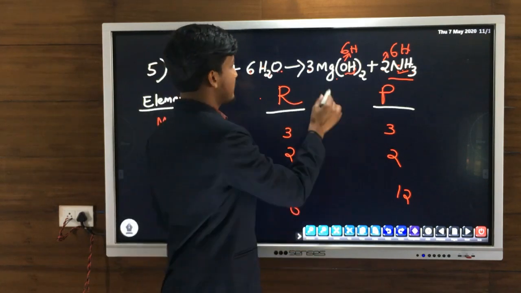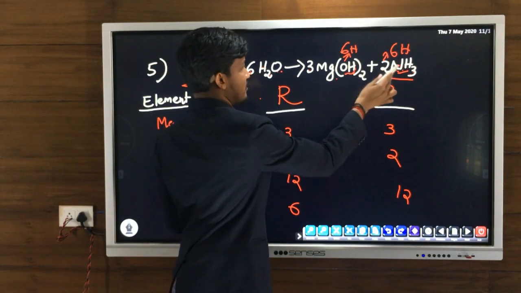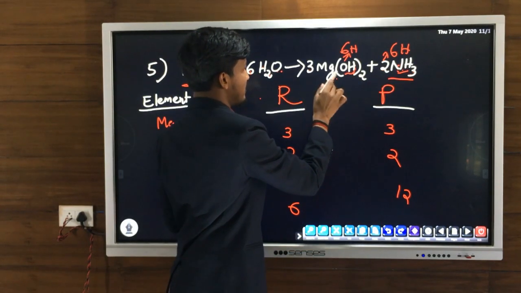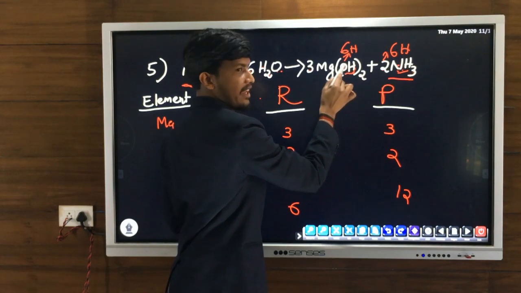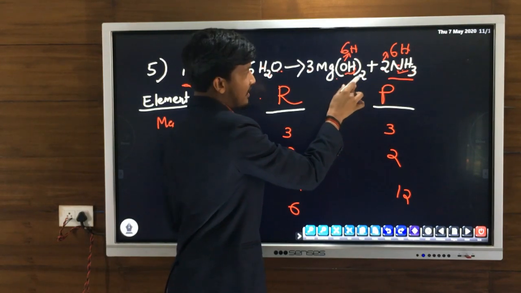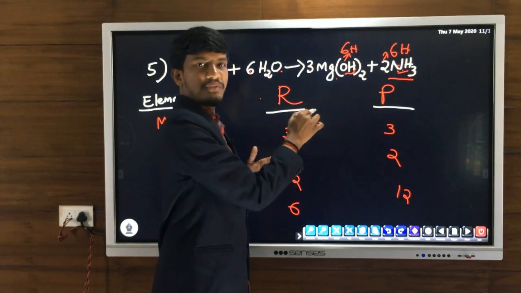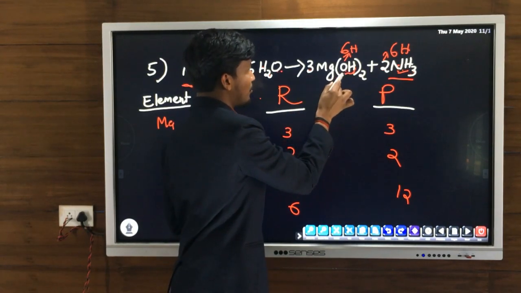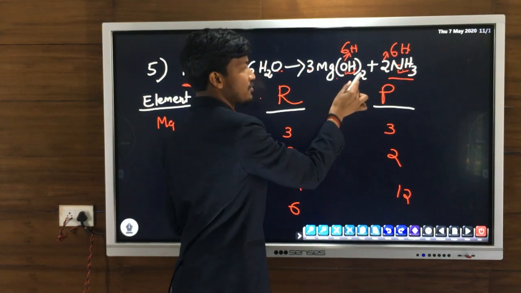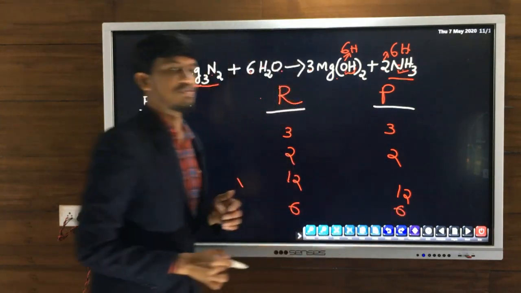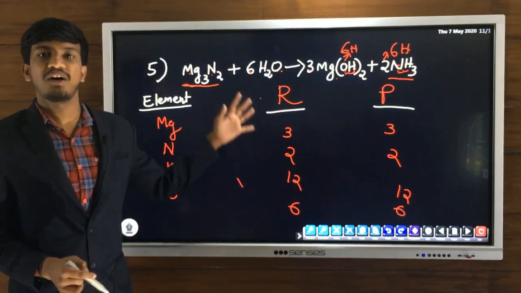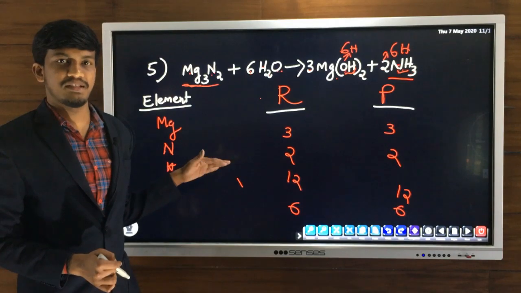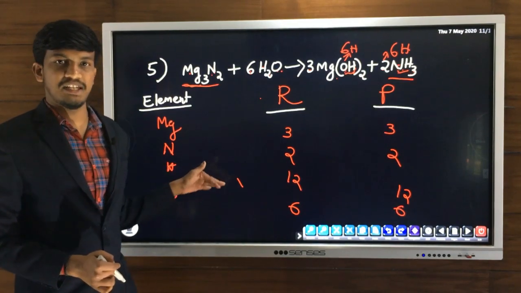Now on the product side, where is oxygen? There is no oxygen in the first product. In the first product, there is oxygen. O is inside the bracket, so we have to consider the outside number also. And also there is coefficient 3. So 3 into 1, O1, so 3 into 1, 3. 3 into 2, 6. So 6 oxygen atoms. So we have an equal number of atoms on both the sides. So it's a balanced chemical equation.